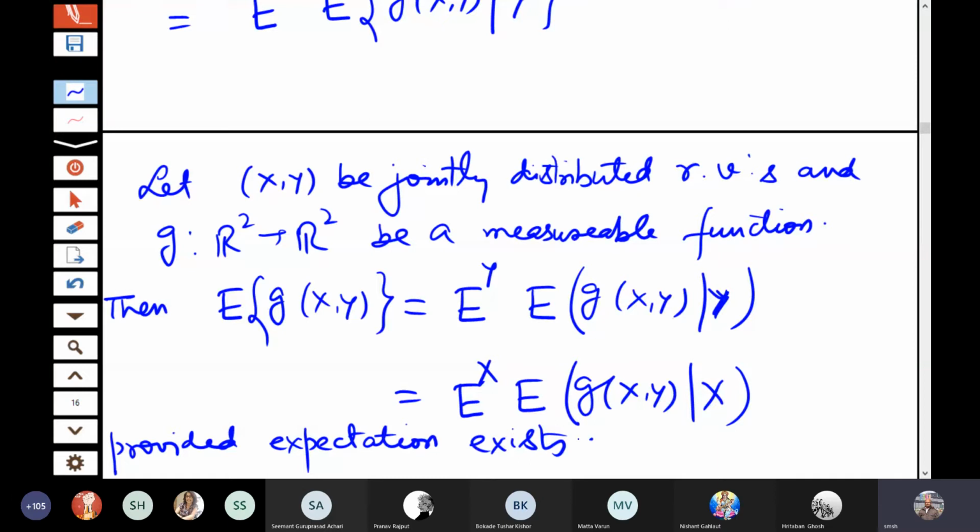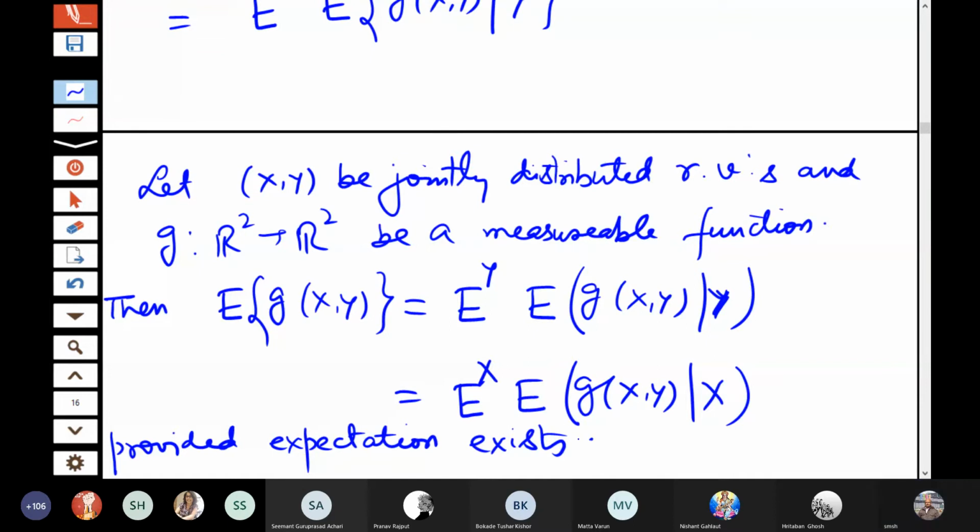So when we are doing calculations for joint distributions, this type of result is very, very useful. Okay. I will show you the application now in the case of bivariate normal. So is this statement clear to you? The statement is that the joint expectation can be calculated iteratively. Firstly, conditional with respect to one of the variables, and then marginally with respect to another variable, and order can be any of them.